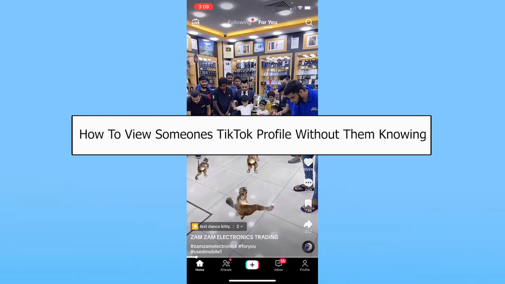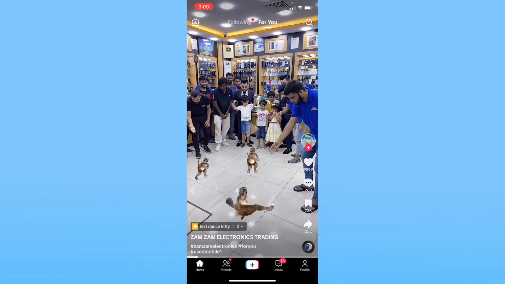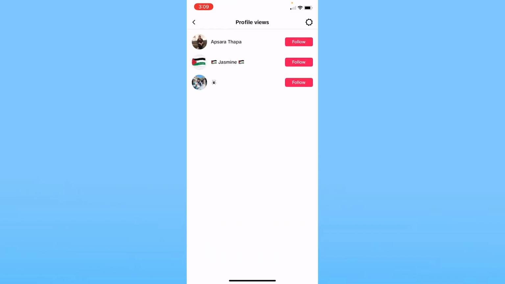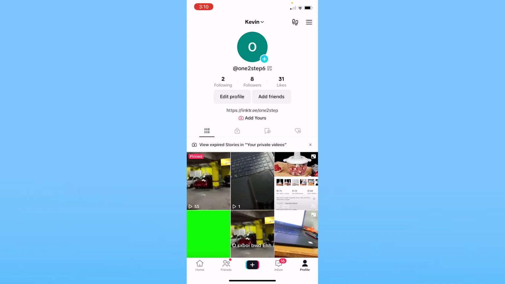And in today's video I will be teaching you guys how you can view someone's TikTok profile without them knowing. So let's say you want to go inside someone's profile, but the moment you do that, they will be able to see that you have viewed their profile, because there is this new feature in TikTok called profile view. Let me show you. So as you guys can see, these are the people who have viewed my profile. So if you want to view somebody's profile without the other person knowing, then you need to follow a couple